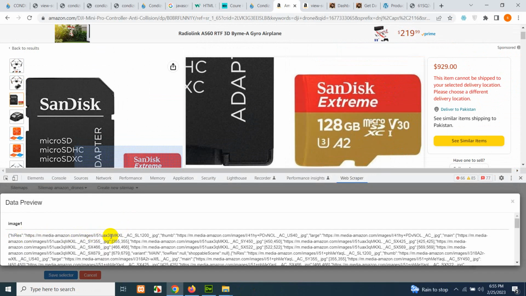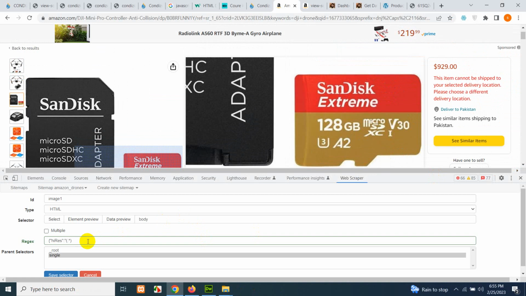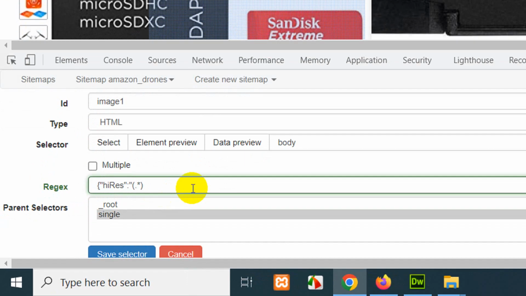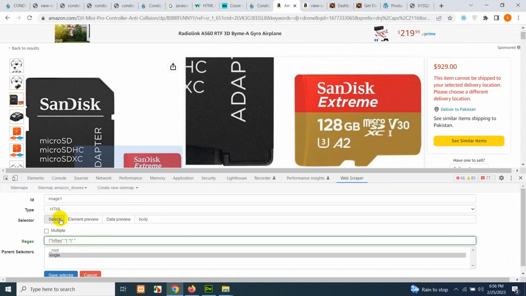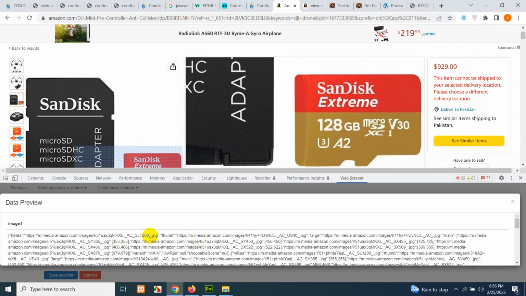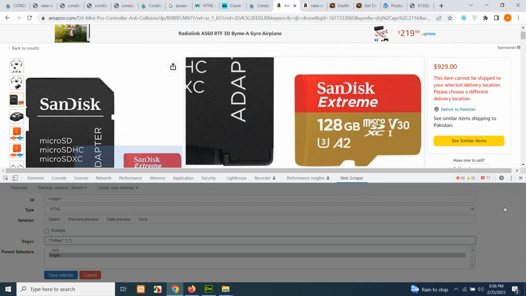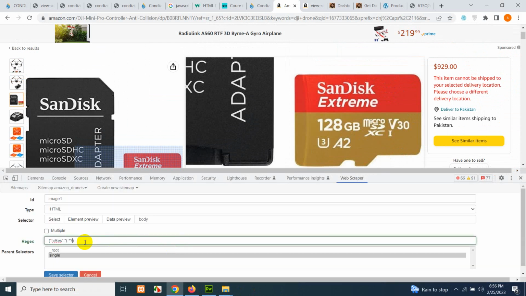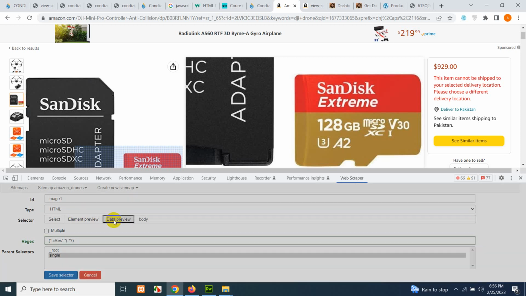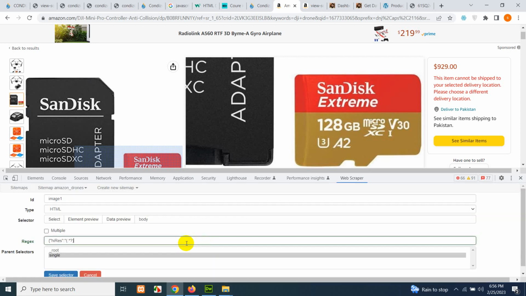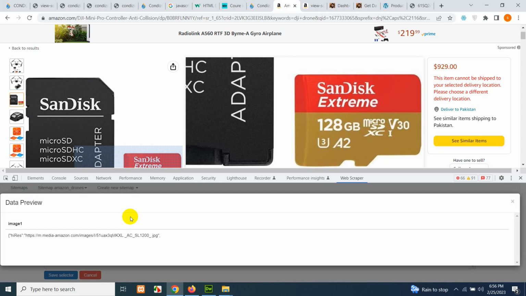Okay, we have the high res and the image up to here. So now just copy this and use it as a second parameter of the regex, and let's see what result we have now. No, still not. Let's use just the comma and let's see. No, still not. Okay, let's add a question mark within the small brackets. Not yet. Let's add a comma. Okay,